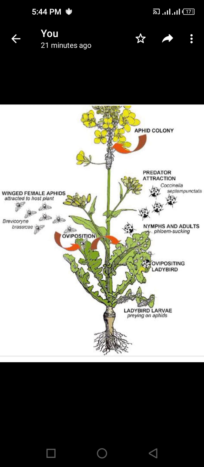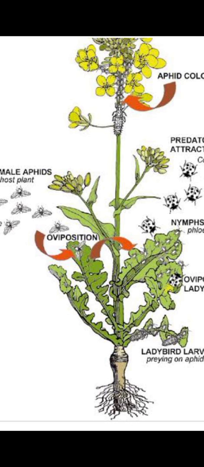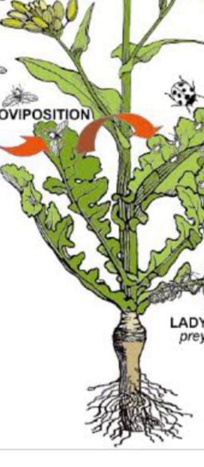Okay, so morphologically, if we look at it, it has two main parts: vegetative and reproductive. If we look at the vegetative part in detail, it is just root, stem and the leaves. They are the vegetative part of the plant because they are used as vegetation for animals or human beings. The vegetative part comprises root, stem and the leaves.